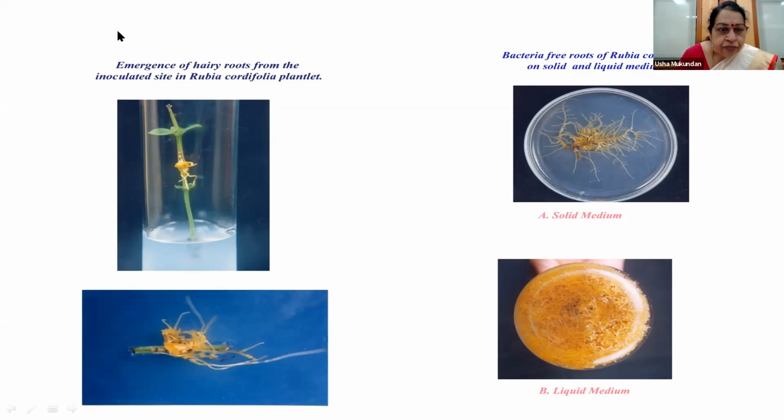So as you can see, from the wounded region, you can see these roots coming out. And then what you do is you make a cut here, you make a cut here, and you put this segment on an antibiotic containing medium. Within no time, you get these proliferated roots. You only take the tip portion, which are cleaner, because ultimately you don't want any bacteria to be there, and you grow them in liquid medium. As you can see, this is the view which is showing that the entire flask is full of roots. So rapid growth in phytohormone free medium.